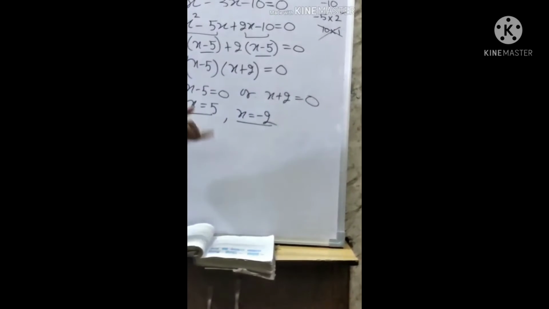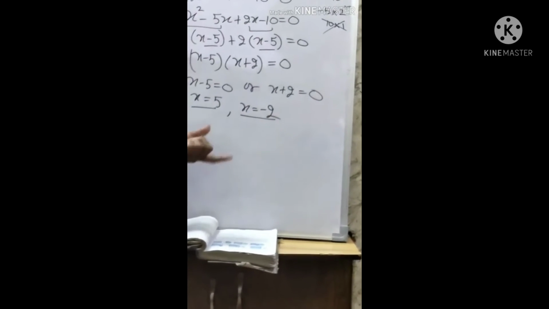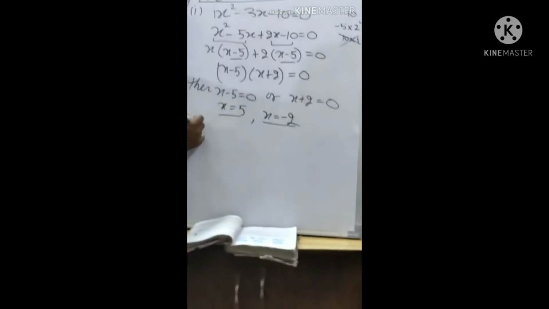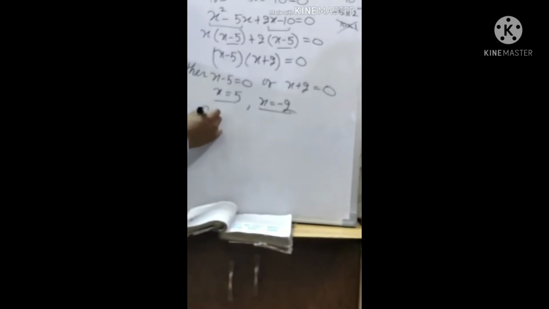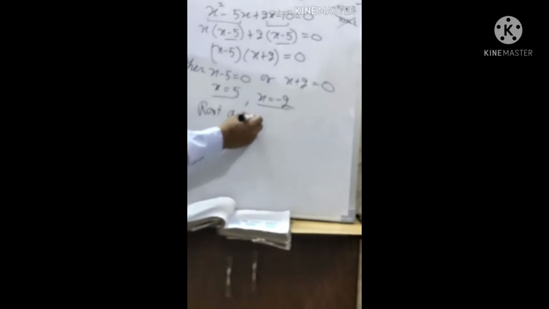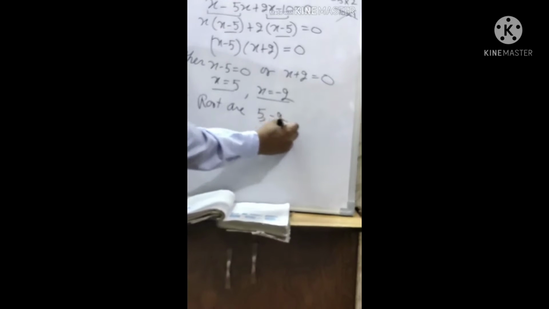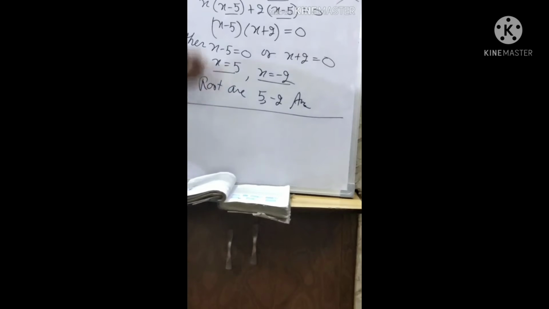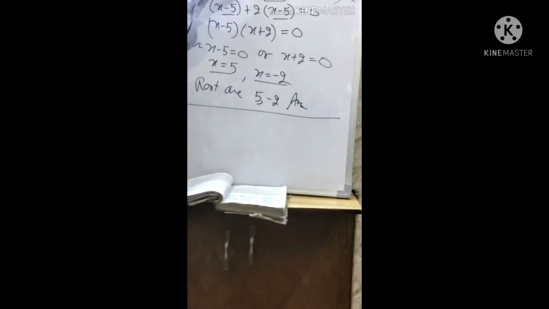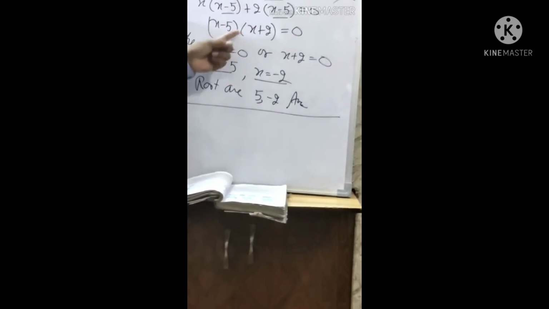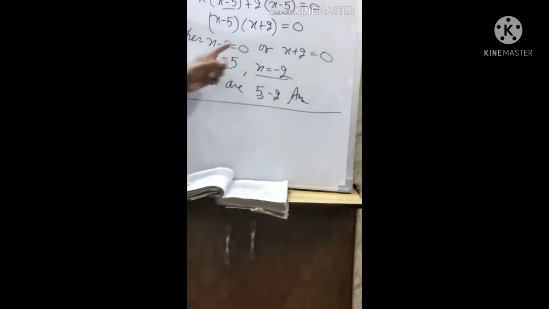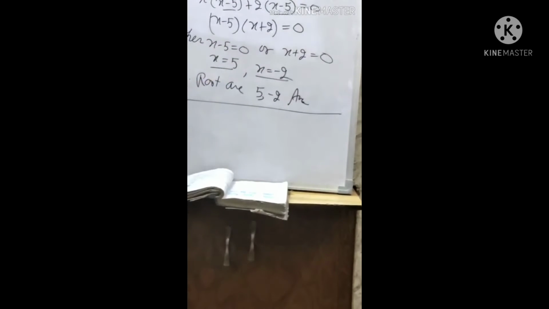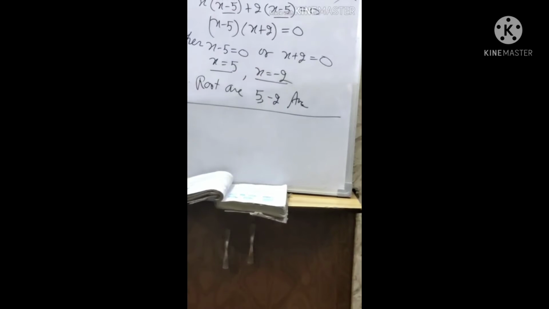These are the solutions of the given equation in a variable, and these solutions are called the roots of the quadratic equation. So therefore the roots are 5 and minus 2. Hear this, simple. So we are doing the factorization, we are making the factors. The product of two terms is 0, so either this is 0 or this is 0. These are the roots of the quadratic equation.